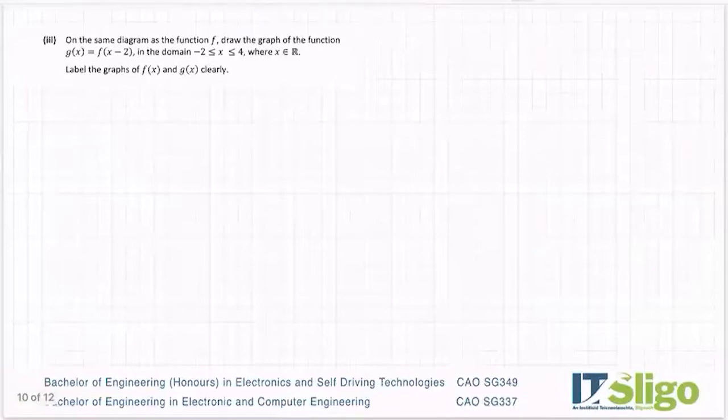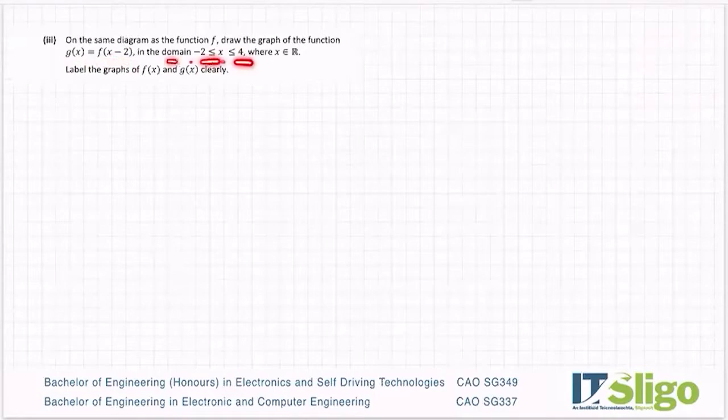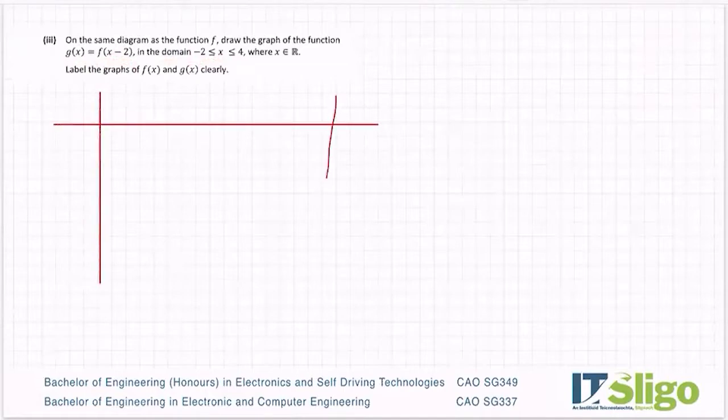Part 3 then said, on the same diagram as the function f, draw the graph of the function g of x equal to f of x minus 2 in the domain -2 to 4. Okay, so this is a translation of a curve of a graph. Okay, there's a few ways of doing it. Okay, I'm going to show you a longer, easier way to figure it out. Okay, so again, I am